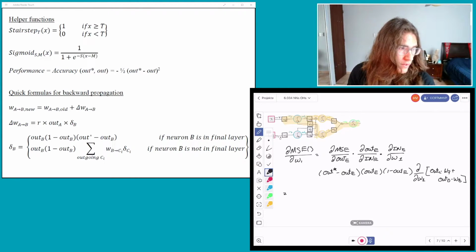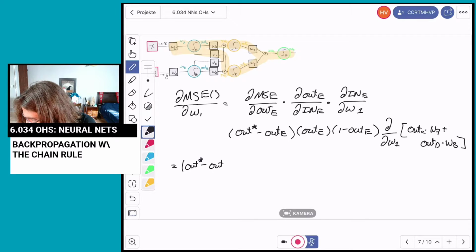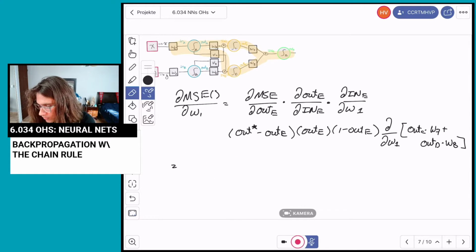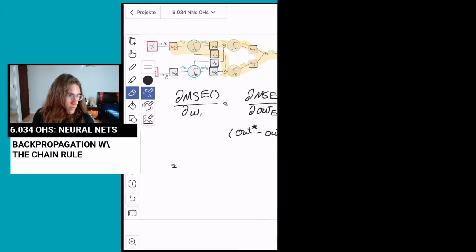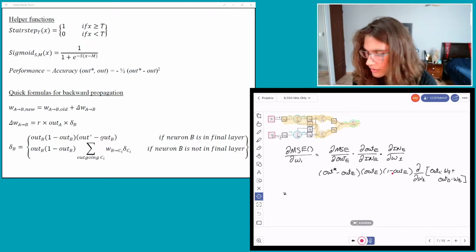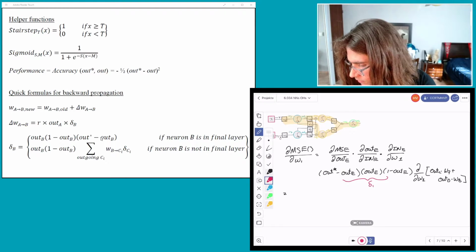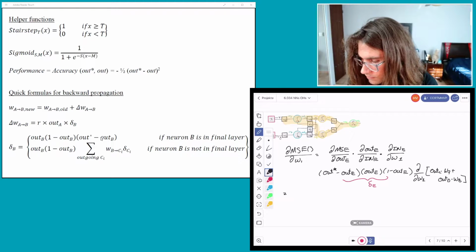And now that you've seen that, I'm going to make the board big again so that it's easier to read. So this is out star minus out E. Actually, I'm going to abbreviate this to make it even easier. I'll go briefly back to the PDF. I'm going to call this chunk at the very beginning delta E, so that I don't have to write absolutely everything. This is delta E